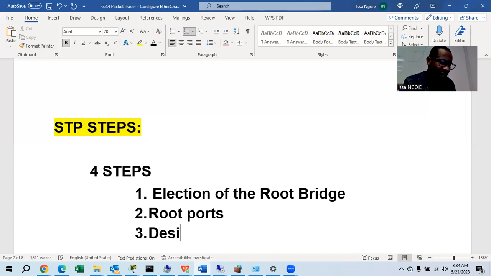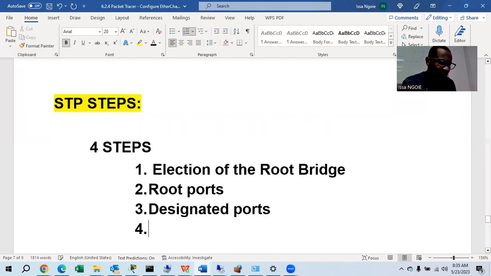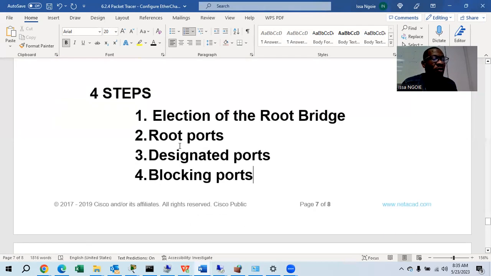Number 3, designated port. Number 4, blocking port. So those are the 4 steps that spanning tree protocol will be using, because the main idea for spanning tree is to create a loop-free topology,